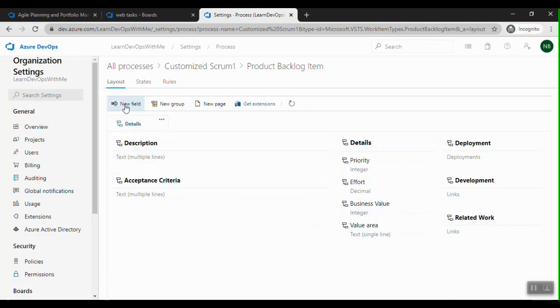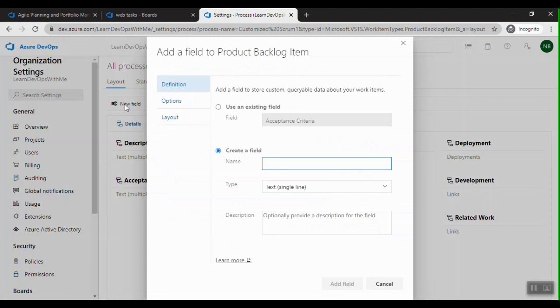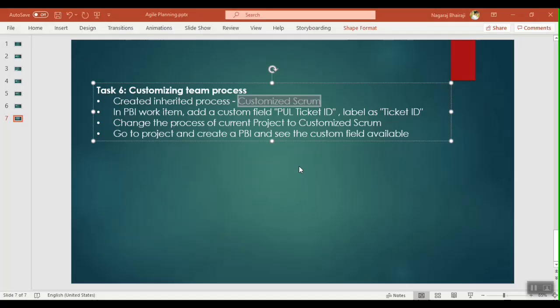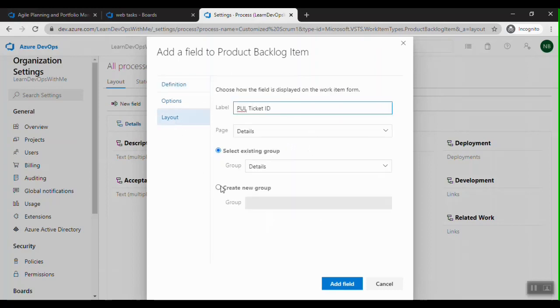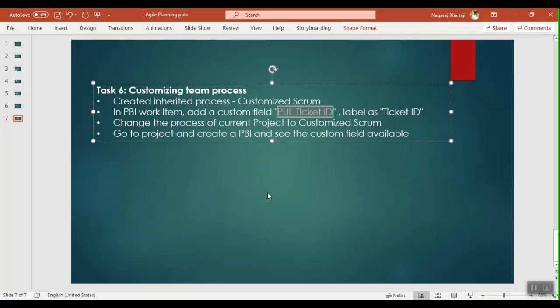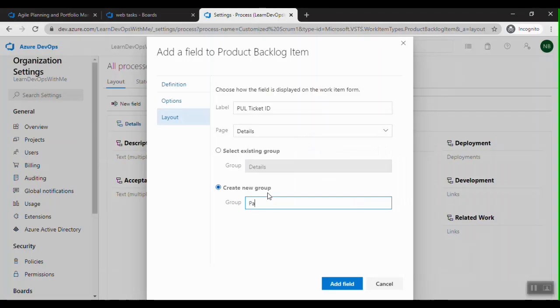So let me click on new field and name the field as fuel ticket ID, and the layout maybe in a new group I want to create. So I want to name it as parts unlimited, and the label maybe I want to give as ticket ID.